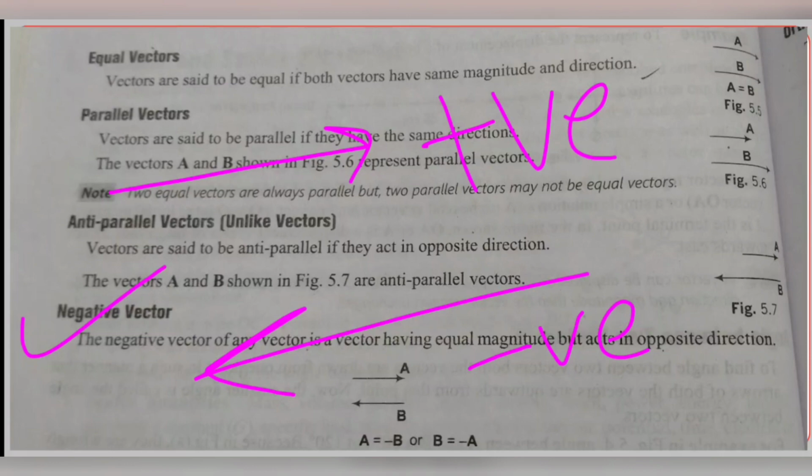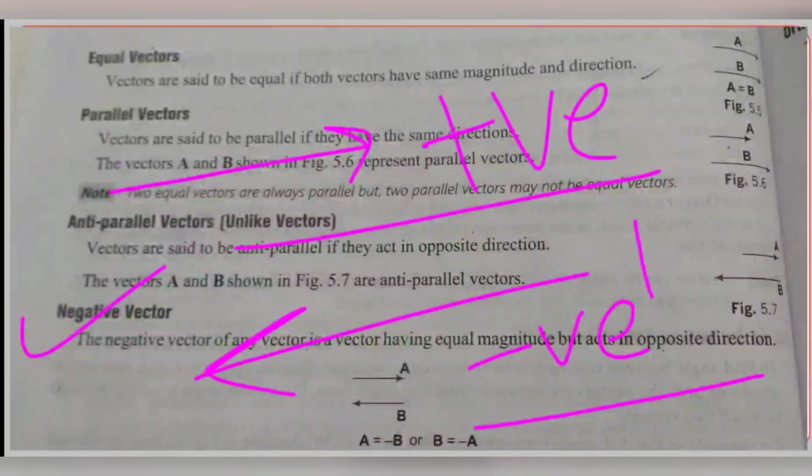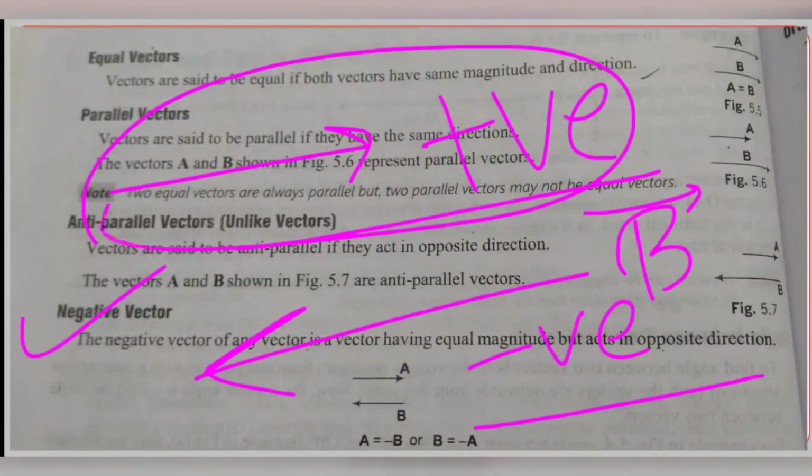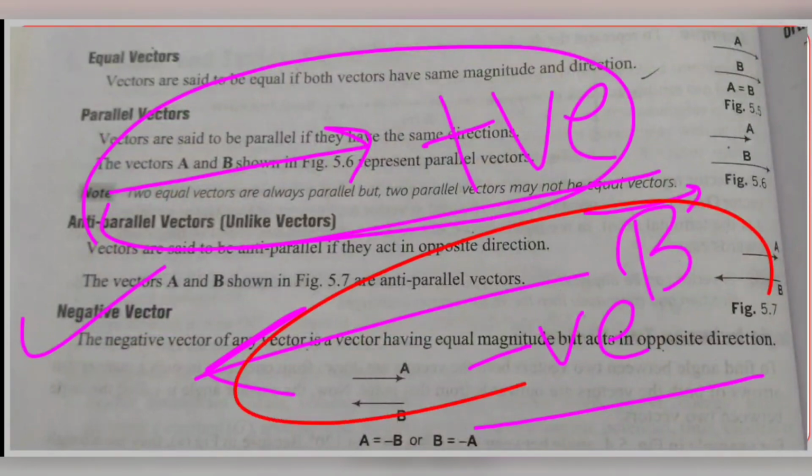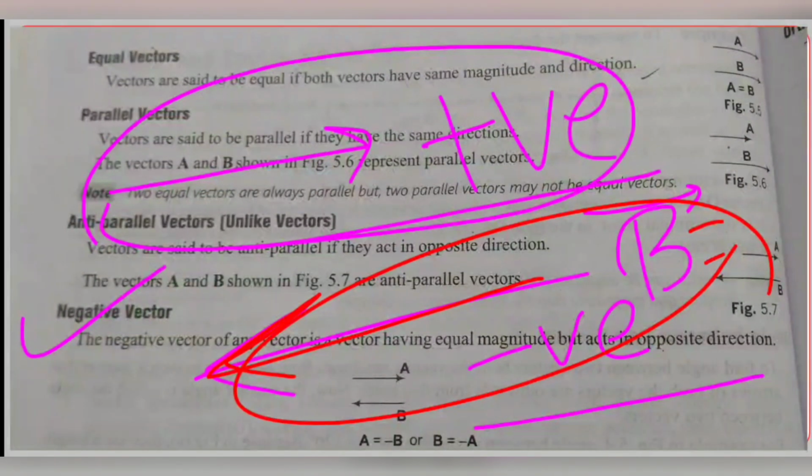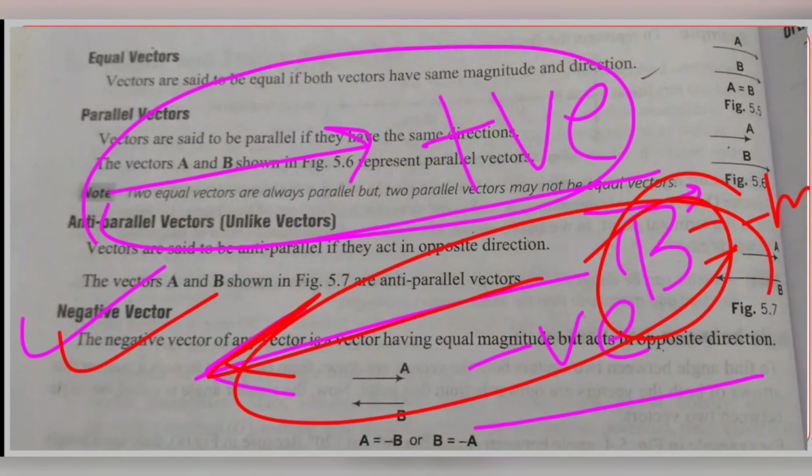So when we take this direction as positive and this direction as negative, then we say that the vector B is running in a negative direction and this is a negative vector. We have taken a vector direction, this direction is positive, and this direction is negative. So the vector which is running in this direction, we will say it is minus, the minus of its magnitude. So this vector B is a negative vector.